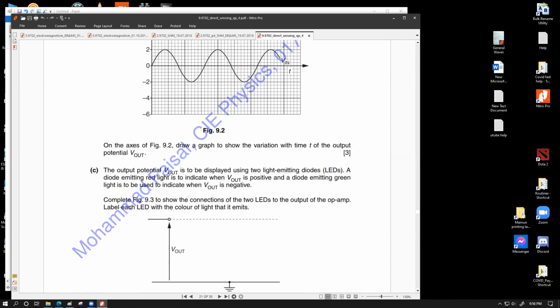I am saying: the output potential Vout is to be displayed by using two light emitting diodes. A diode emitting red light is to indicate when Vout is positive, and a diode emitting green light is to indicate when Vout is negative. So figure 9.2 shows the connections of the two LEDs to the op-amp. Each is labelled with the color of light that it emits. So now